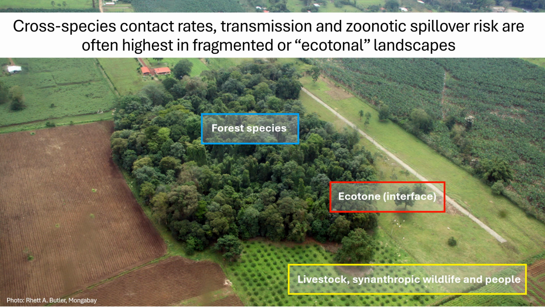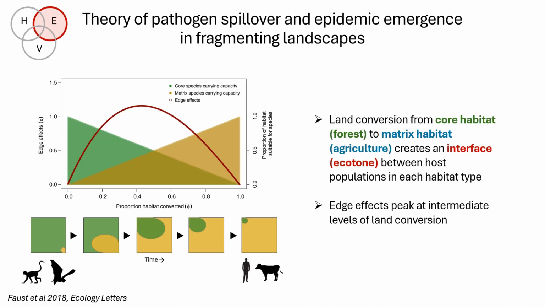And within the forest remnant, we might have some forest species that aren't found within the human disturbed habitat. And conversely, we have the human disturbed habitat with lots of livestock and synanthropic species. But then within these fragmented landscapes, we have a lot of edge effects, right? We have a lot of ecotones, these points where these ecosystems butt up against each other, and cross-species contact rates might be higher. And so this underpins a lot of the theory for pathogen spillover and epidemic emergence